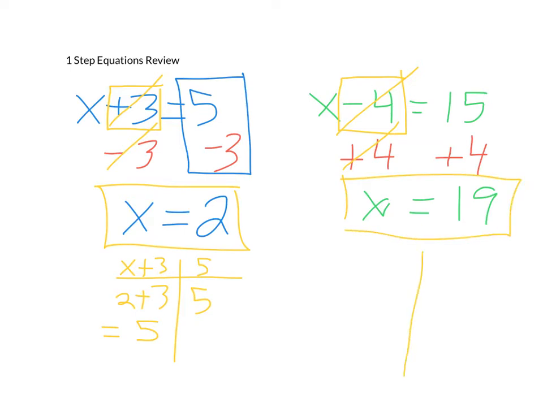And we can do a quick left side, right side check to find out if we're right. So x minus 4 on one side and 15